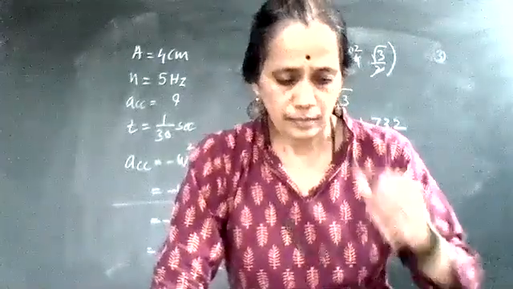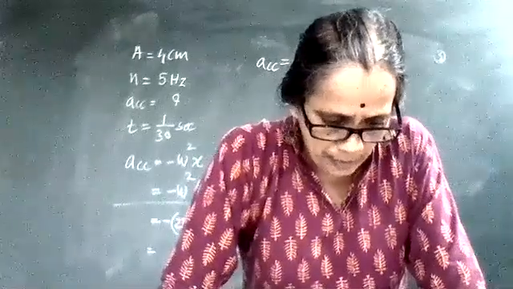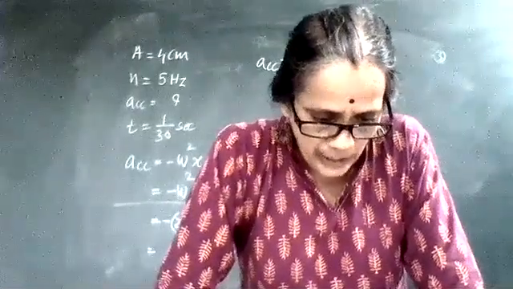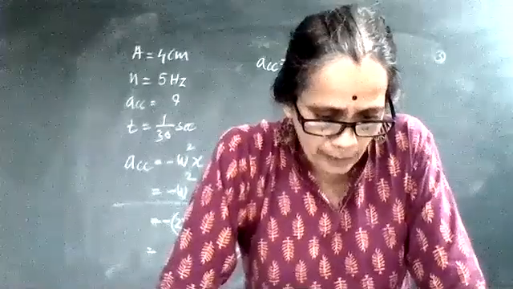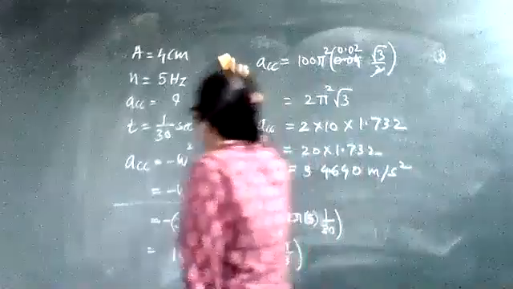Next thing, what is given? Problem number 11. In problem number 11, it is given the potential energy of a particle performing linear SHM is, you have given